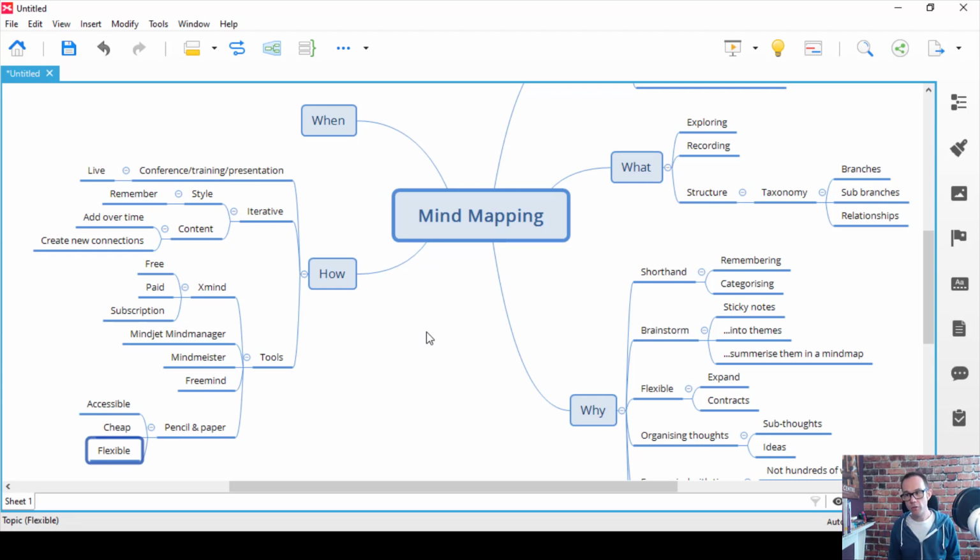The reason I personally gravitate towards a computer tool is it's very shareable, it's very scalable, and also my handwriting is appalling. So if I want a map I can share, I will create it on a computer or my tablet PC. But that's no reason why, if I was just taking notes informally, I might not just draw it.